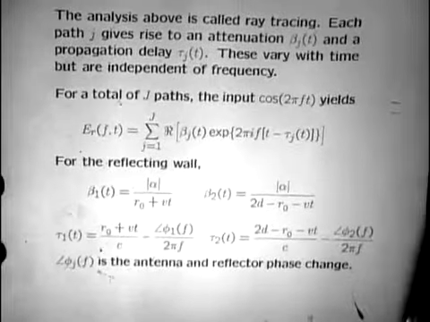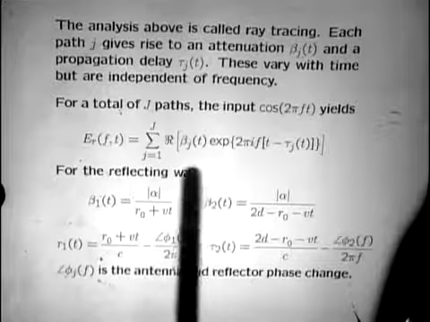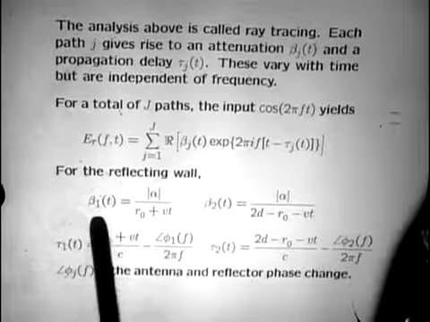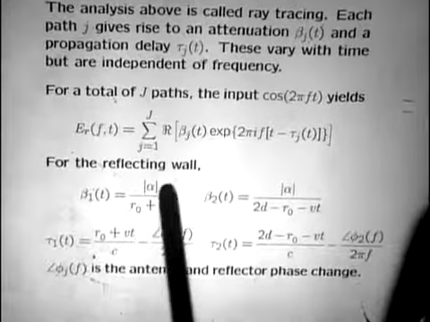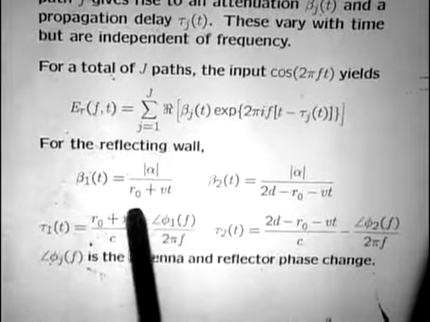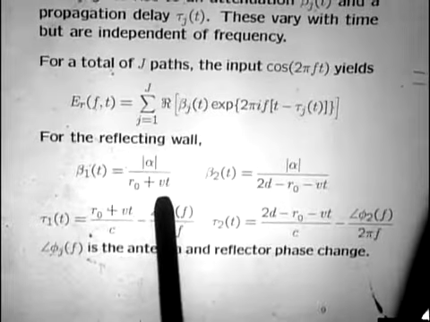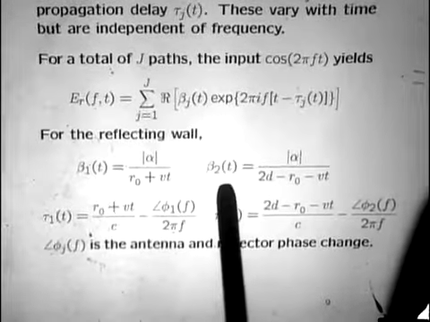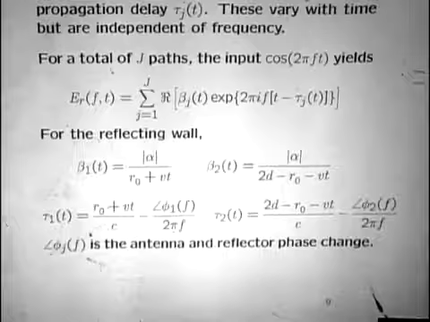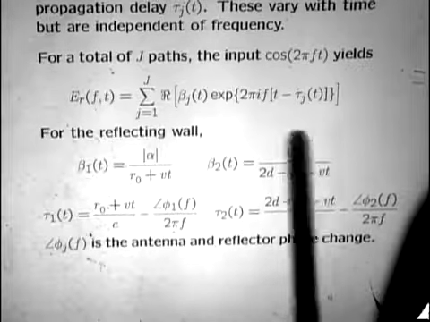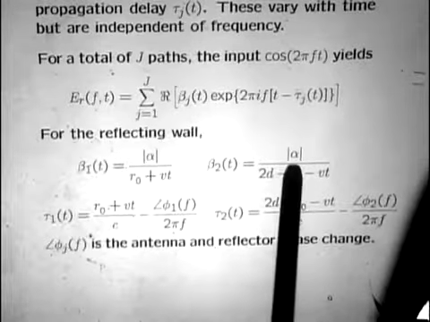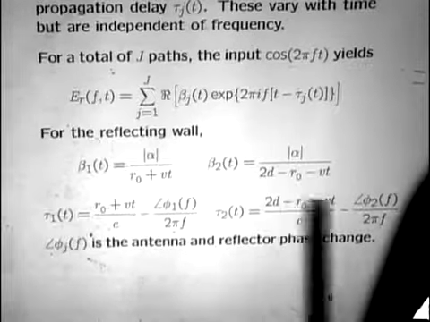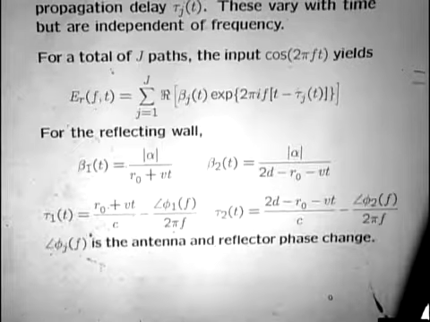Okay, if we want to look at the reflecting wall, just as an example of what this formula means, beta 1 of t, namely for the direct path, we have an attenuation, which is the magnitude of the antenna patterns divided by R0 plus Vt. For the attenuation on the return path from the wall, it's the same alpha. Why is it the same alpha? Because we assumed it was the same alpha to make things simple for ourselves, divided by 2d minus R0 minus